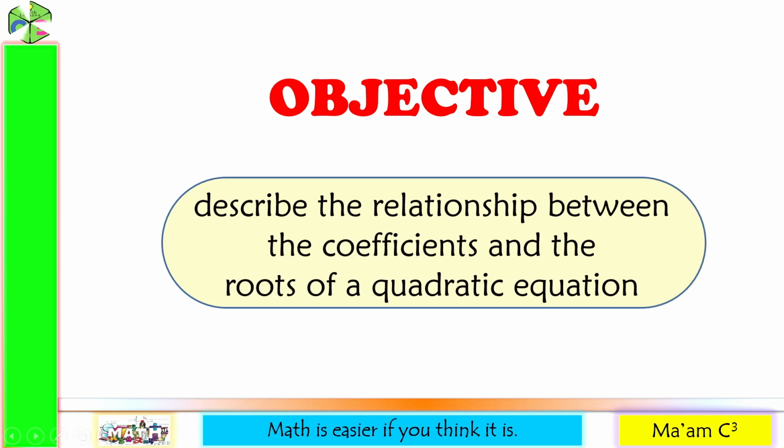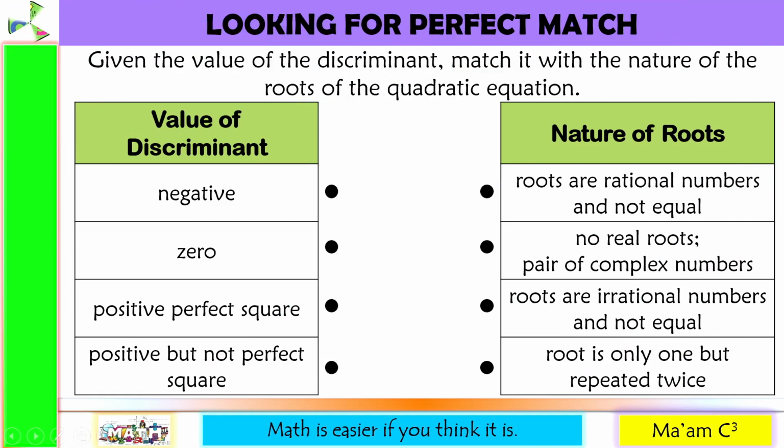Our objective in this lesson is to describe the relationship between the coefficients and the roots of a quadratic equation. As a sort of review, let's have an activity. Looking for perfect match. Given the value of the discriminant, match it with the nature of the roots of the